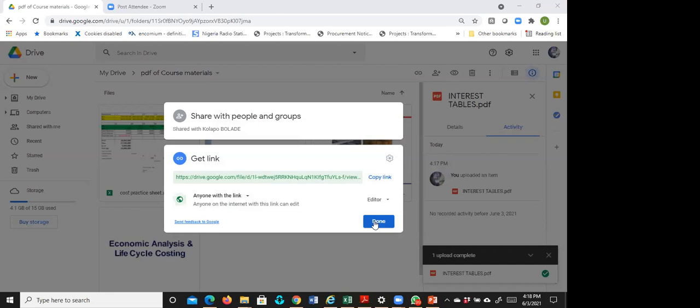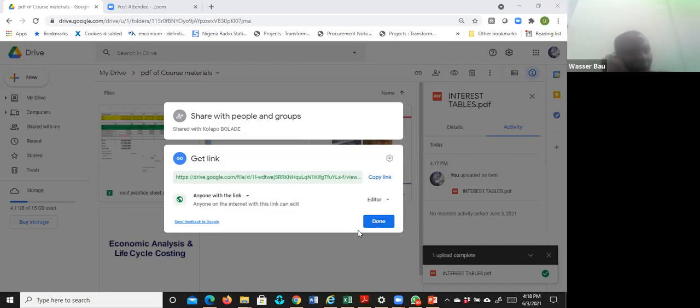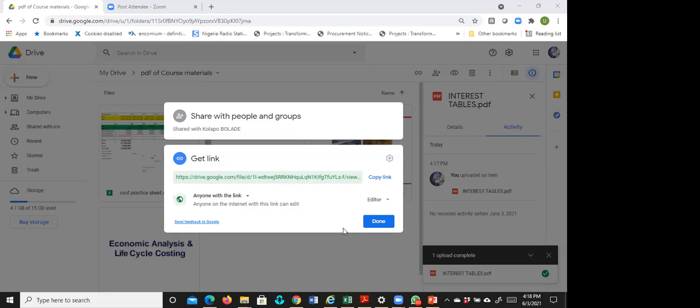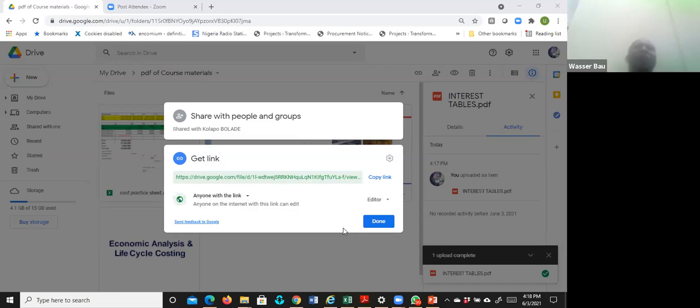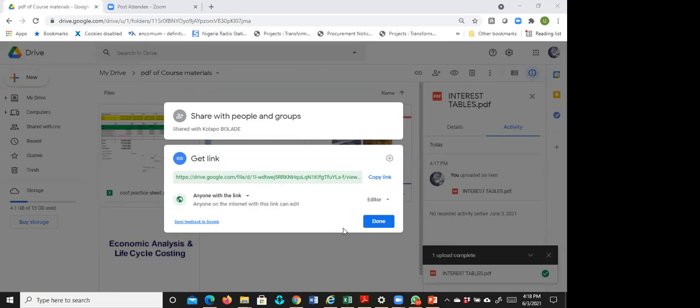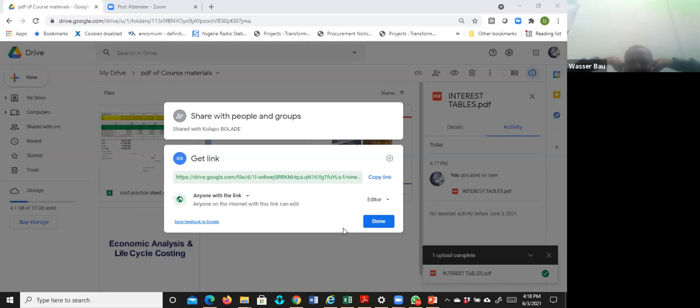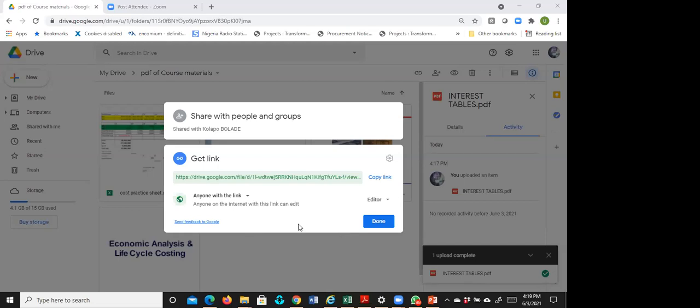Yeah, this table is not among the material you sent to us earlier. It's not, but I have uploaded it now. Let me just tell you this: the material can be downloaded online anytime. There are millions of them online. It's just like the figure table we used during secondary school, and it's allowed in any exam. The interest table. The difference is that when you go online,